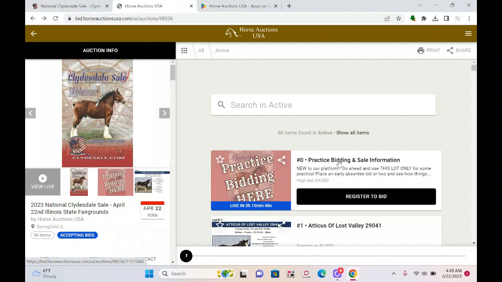So, registering to bid. You can register to bid anytime, including while the sale is live, but I do recommend that you register prior to the start of the sale. And the reason I say that is, should you run into any kind of difficulty, you can reach me by phone to navigate through and correct whatever problem you're having. Once we're live and we start the sale, I'm actually running the live platform, so it is very difficult, if not impossible, for me to actually answer my phone,